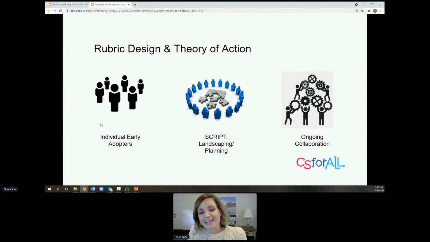So I want to talk just a second about the way the rubrics are designed, because that's what's inherent to the ability to do these actionable goals. The continuous improvement work that we're doing across the state really follows some of the same educational reform ideas, in that there's a progression. So when we have a best practice in a district, whether it's CS education or something else, usually you see individual early adopters. Bright spots in isolation is another way I've heard this described.